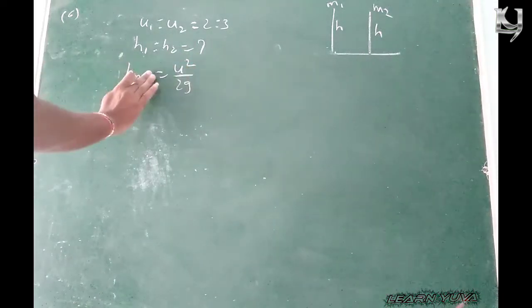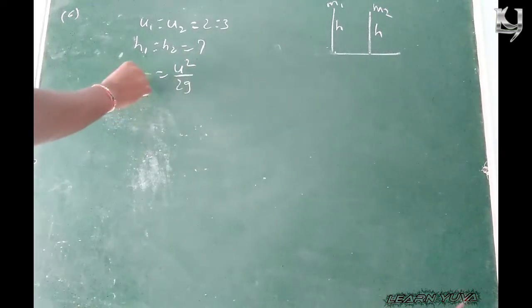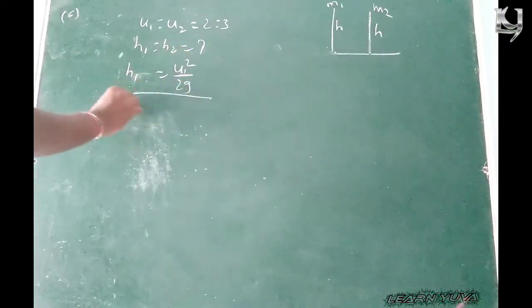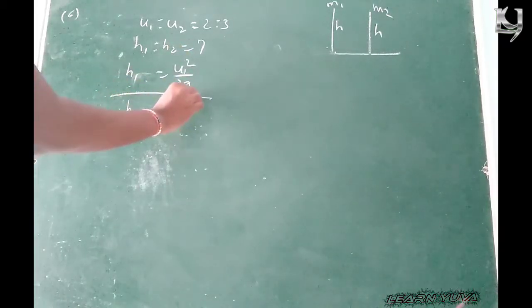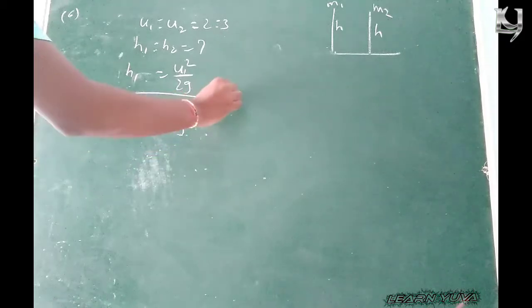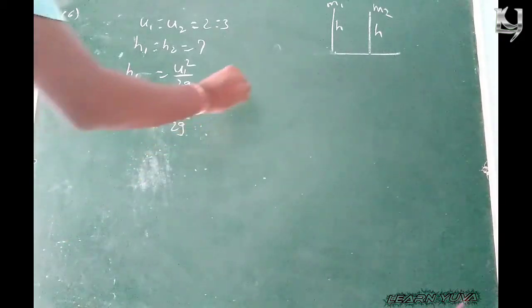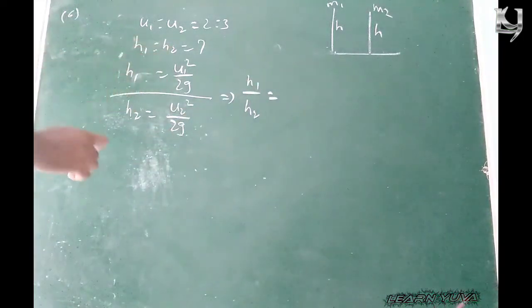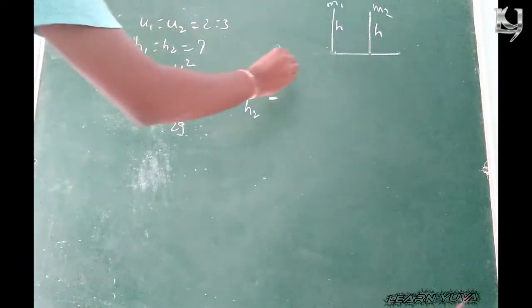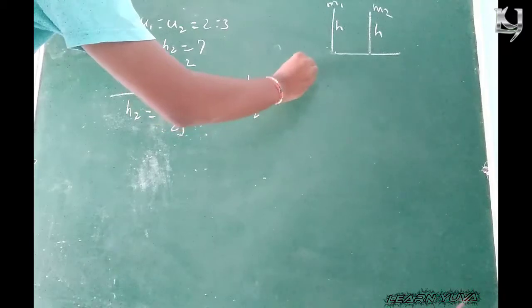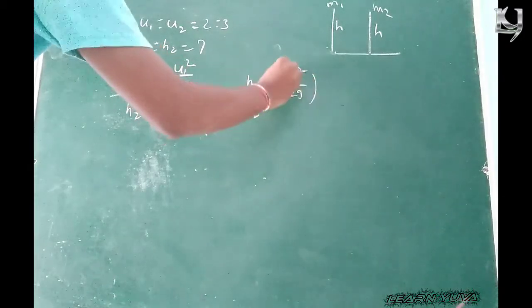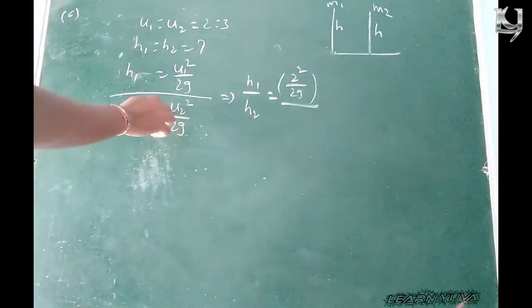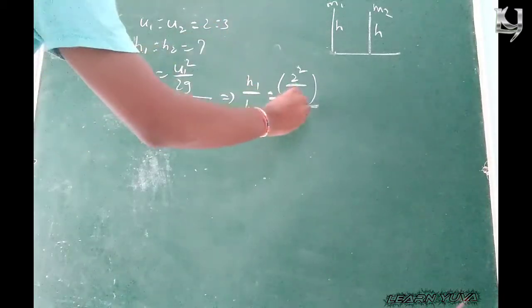So let's mark it: h1 is equal to u1 square by 2g, h2 is equal to u2 square by 2g. That implies h1 by h2 we have to find out is equal to u1 value 2, so 2 square by 2g, by u2 value 3,